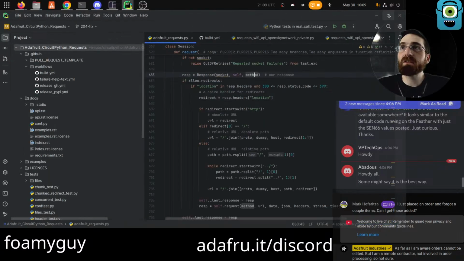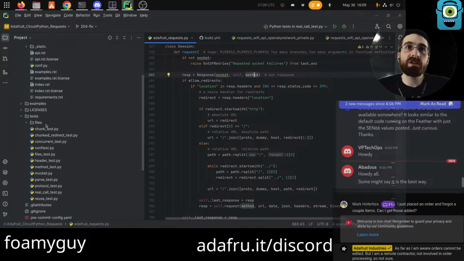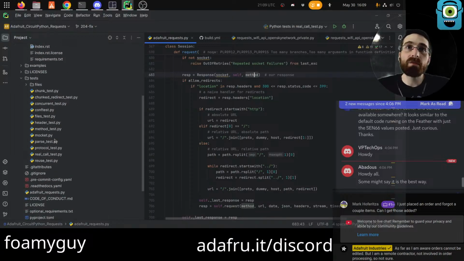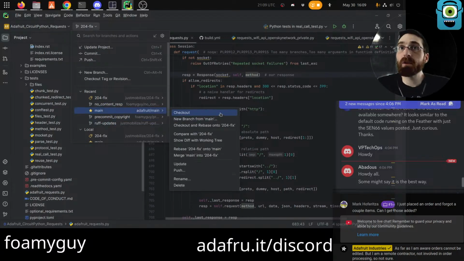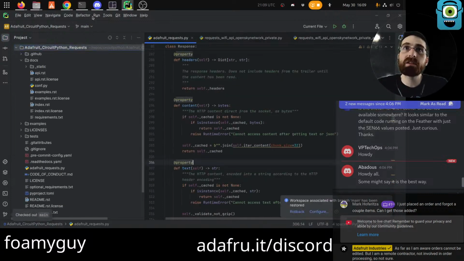But while this is going, I'll say the gist of it is the test is calling out to a remote server. The remote server sometimes is not working, right? Like the remote server could be down or whatever. The internet could be broken or something. And the test does not handle the case when the remote server is down or not responding in the way that we expect, at the very least.